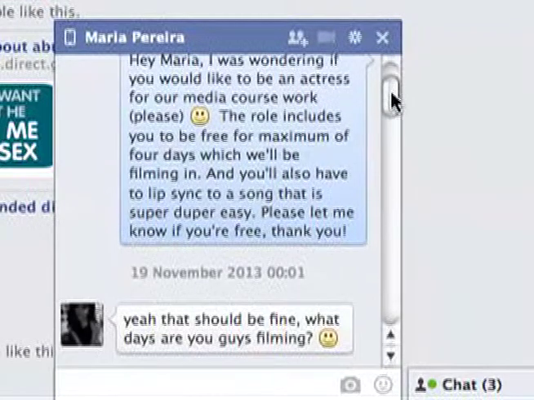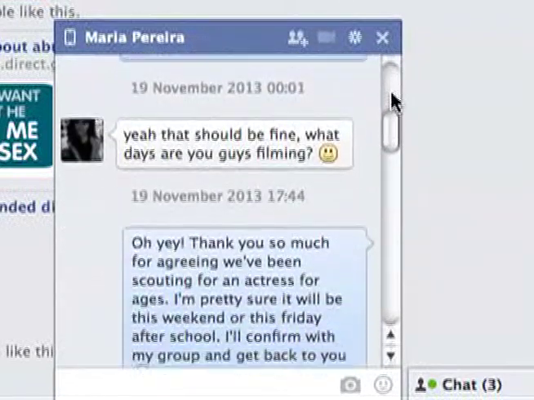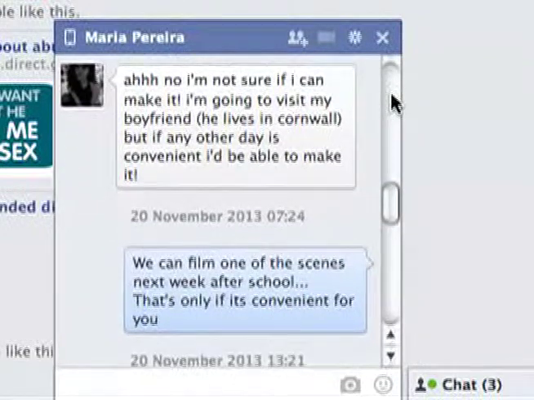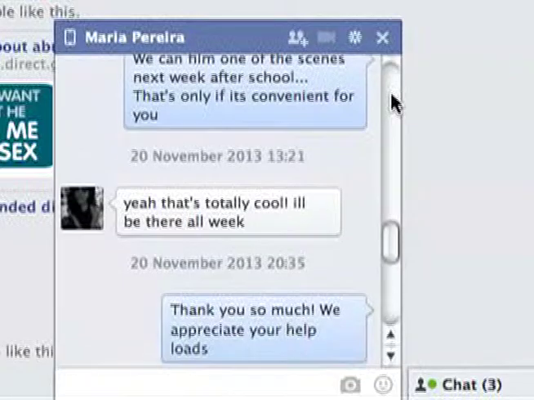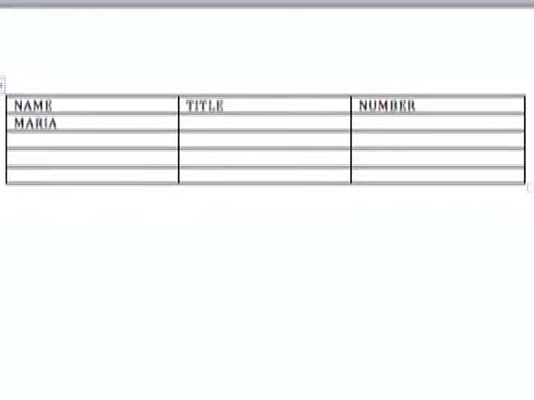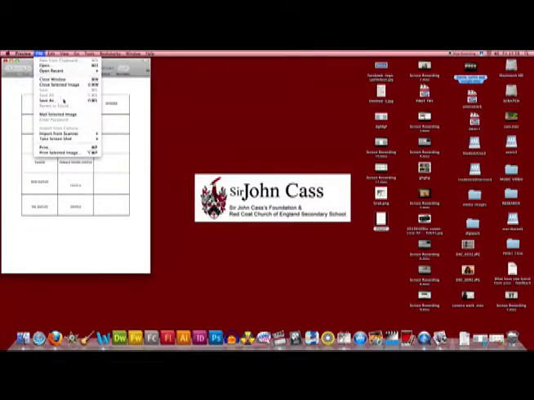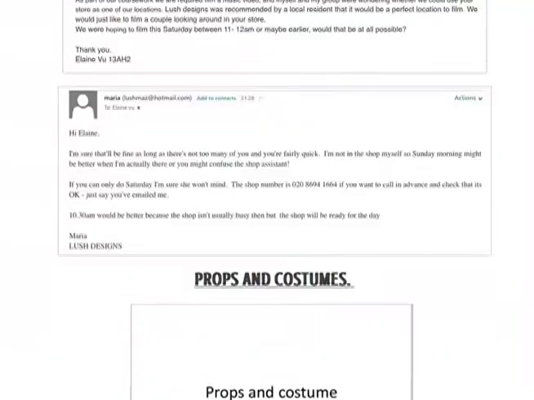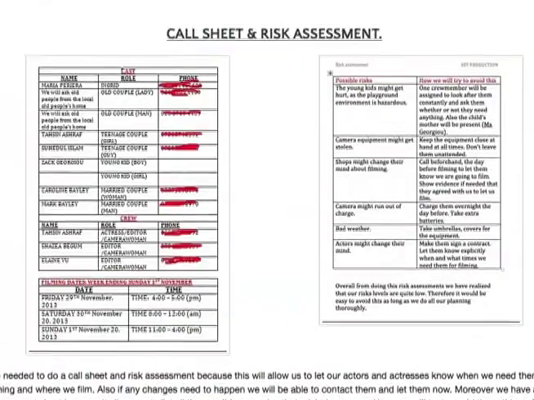Through Facebook, we were able to set out times where we could meet up and film and also share various other details which were needed in the preparation of filming. I had used Microsoft Word to produce call sheets in order to notify the cast and crew about the location, time, the place, and also the costumes which were needed to be worn. I had then used the grab tool, which could be found on a Mac, and converted the picture to a JPEG so I could then upload it onto a website called Webs. Having the call sheet up on Webs meant that it was easily accessible by anyone.